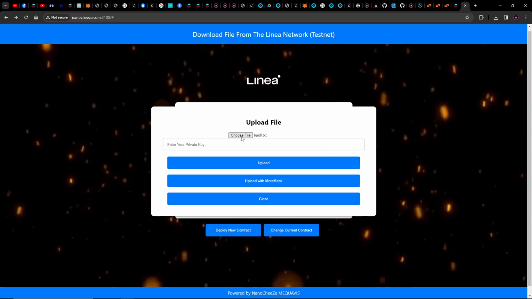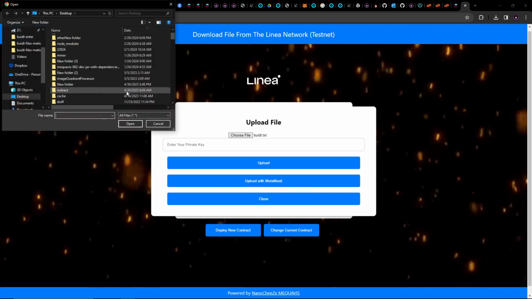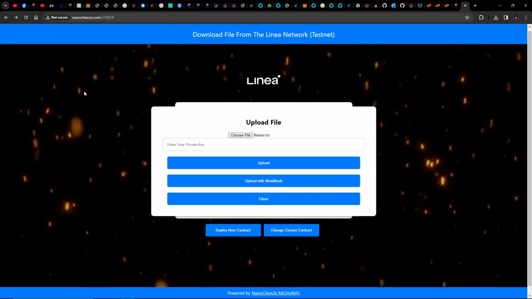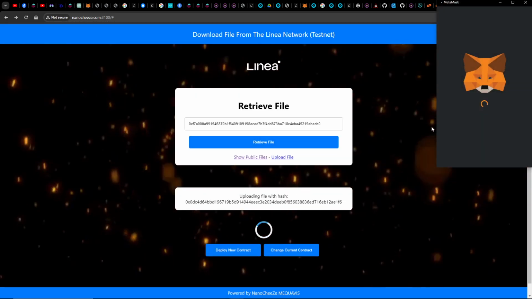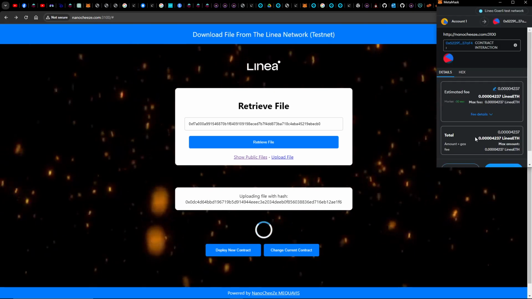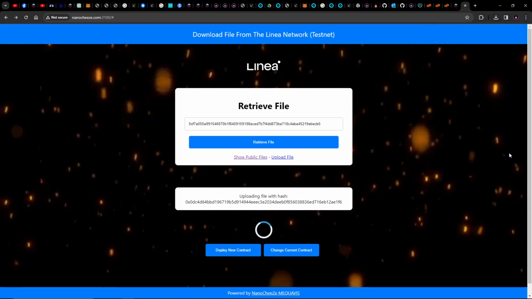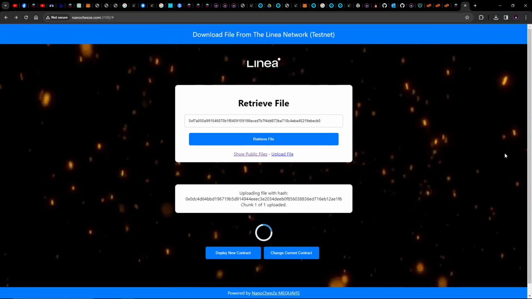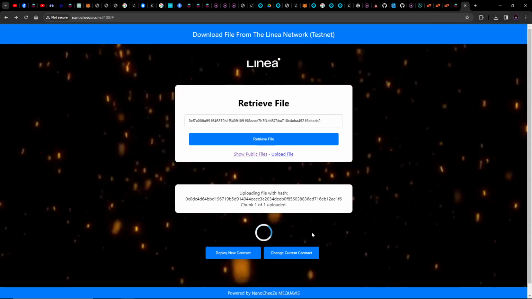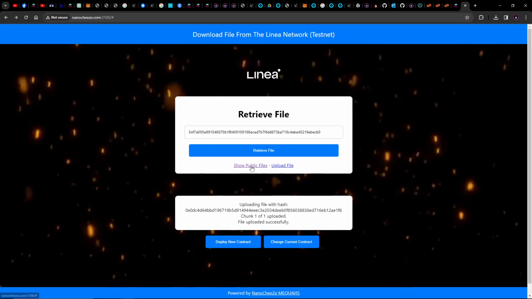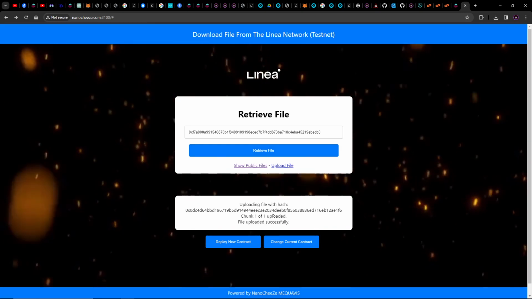And we'll go in here, choose that file. File test. Upload with MetaMask. Now we confirm our metadata. And then we should be able to now